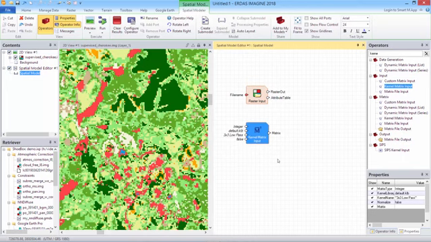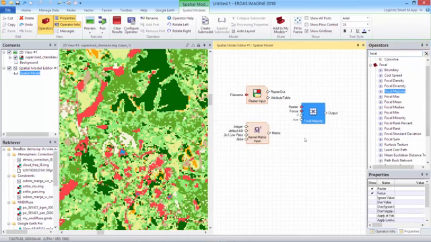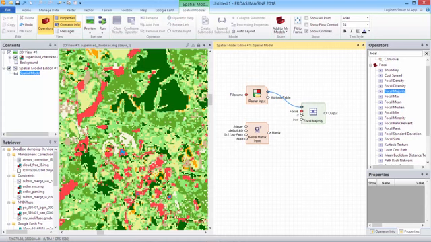So now we want to actually use that matrix, so we're going to pull in a function called focal majority. So I'm going to search for a focal operator in the focal category. Going to go ahead and take focal majority, and what this is going to do is it's going to take in our land cover classification. If we drag and drop and connect those two together from the raster input to the raster input port of focal majority, and we also want to use the matrix, so that's going to go into the focus port of